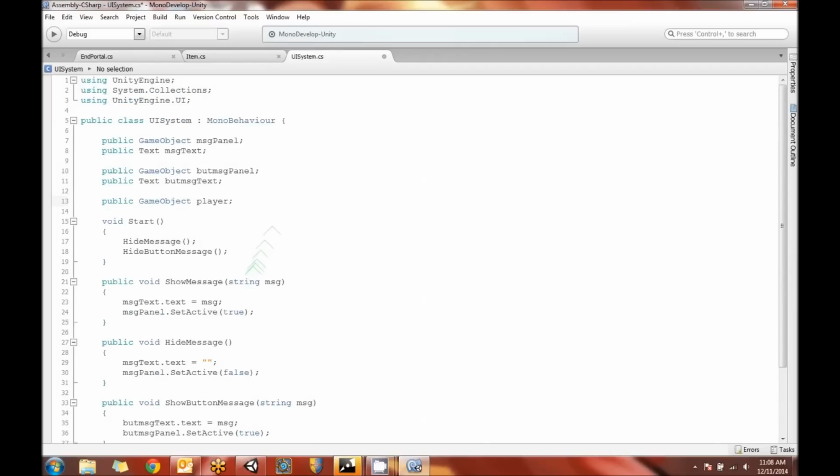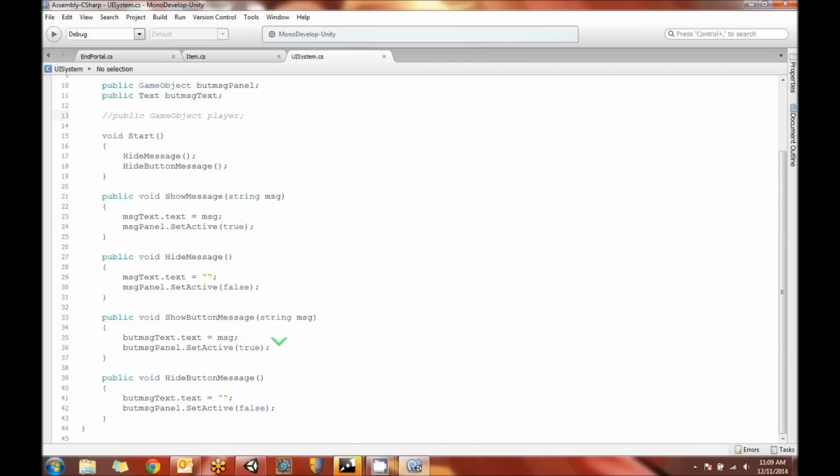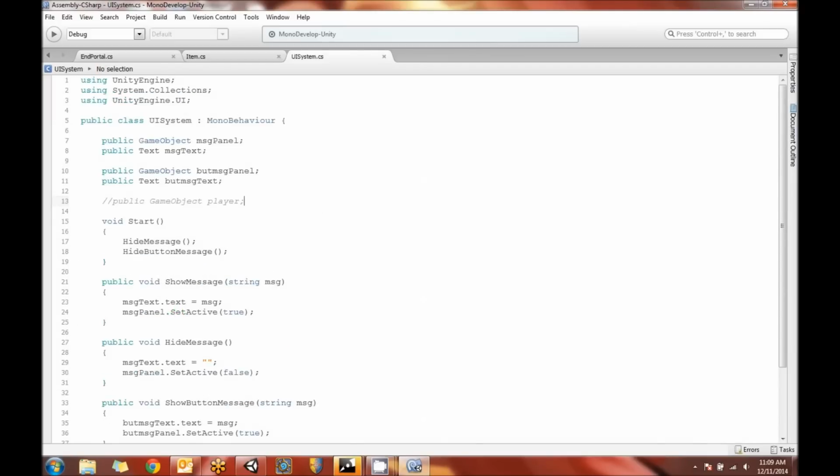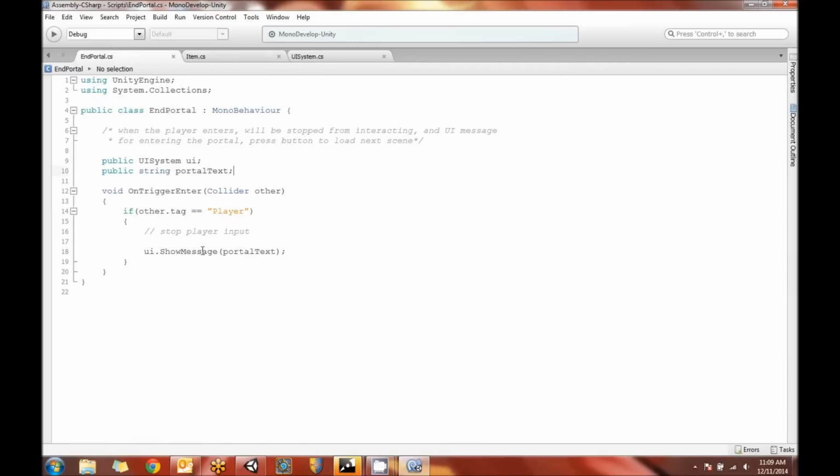I guess I don't want the player so much as I'm going to need a player script or something to stop the player from moving. We'll have to add something to the character controller to stop him from actually taking input. So let's leave that off for right now, and we're going to have to add that too. So in here we have a new message type that has to be clicked on, and then the end portal is going to show,